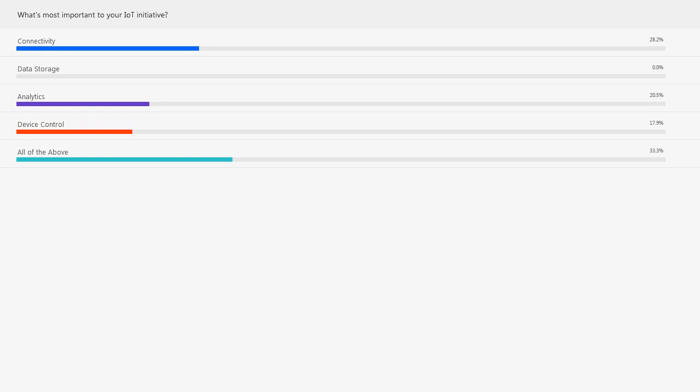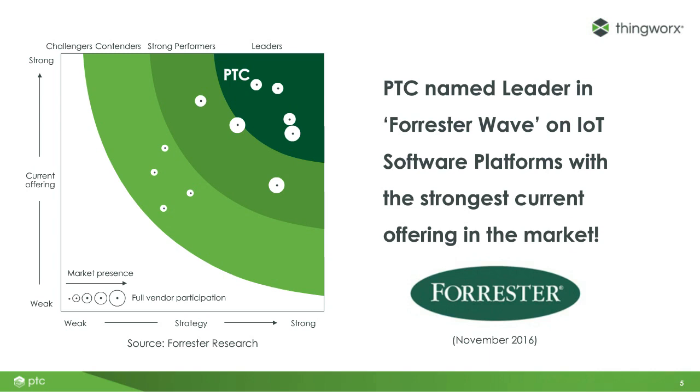And before we dive in, just real quick, some covered slides so you guys know who we are and where we sit in the industry. One of the things I wanted to get clear was PTC is the company, or the holding company, that has those many different solutions and platforms that we talked about earlier in the presentation prior to the poll. But I think it's clear to understand that ThingWorx is the technology platform that powers industrial IoT within the PTC product portfolio. So if you hear me use the term ThingWorx, I'm talking about the underlying technology platform. If I use the term PTC, I'm talking about the solutions and platform as a whole within a company. So just keep that in mind as I'm moving through this presentation.